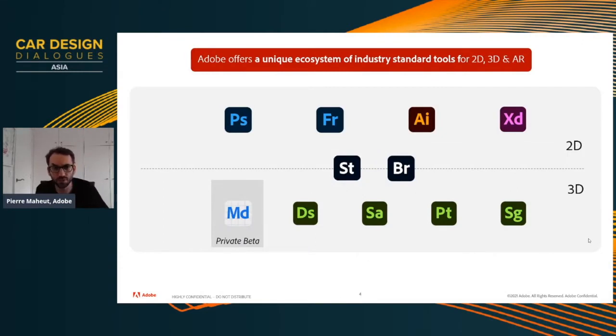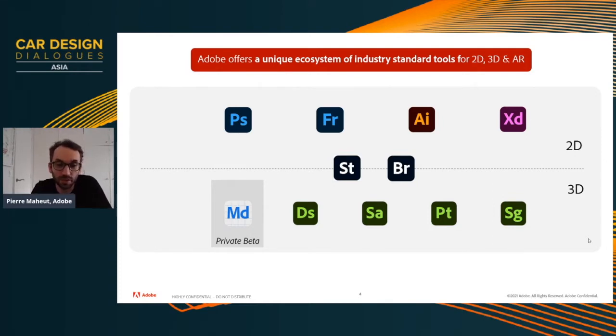So today we will be focusing on our new 3D offer, but wanted to highlight the fact that at Adobe, we might be fairly well known for the 2D solutions we have, Photoshop, Illustrator, more recent ones such as Fresco, which is more focused on hand painting on tablet and mobile, or XD, which is more oriented to UX design. And then you also have Adobe Stock and Bridge that allow you to manage content that you are producing with our tools, either 2D or 3D.